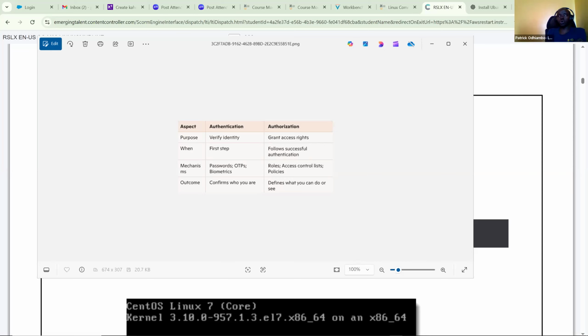Who can access what. So as you just said, authentication, first of all, tells the system who you are. Once you've given the right username and the right password, you can get in. Then after you've gotten in, what can you do, or what can you access, or what are you allowed to do within that system? So that is how you can distinguish these two.